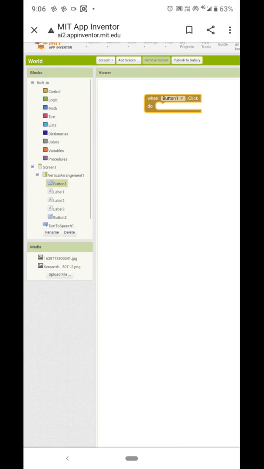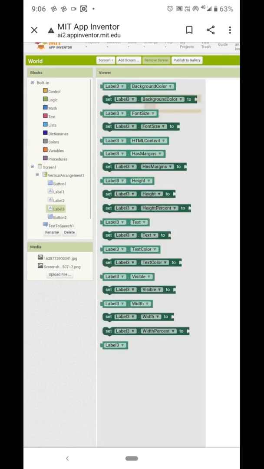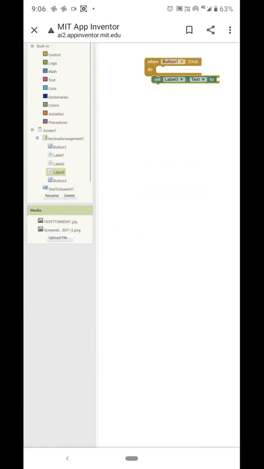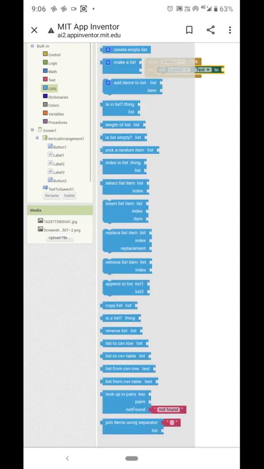So on label 3, just click on label 3 and take set label 3 dot text. Here, what to set?